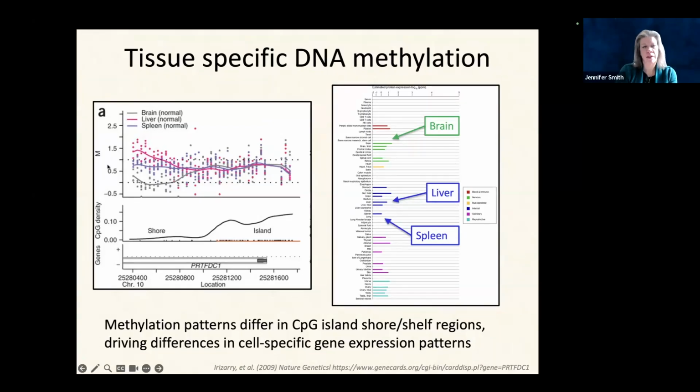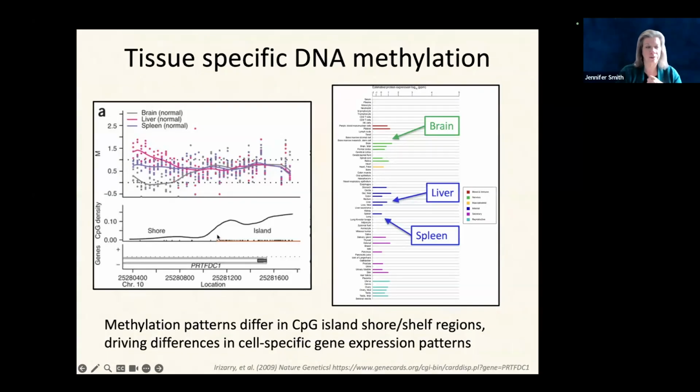This is looking at methylation patterns in a gene, and it's mapping the CpG density. So it's showing you a CpG island. See how many CpG sites are in the CpG island? It's a very dense region of CpGs. And this is offshore. This is the shore of the CpG island, right? Which I told you is an important area for